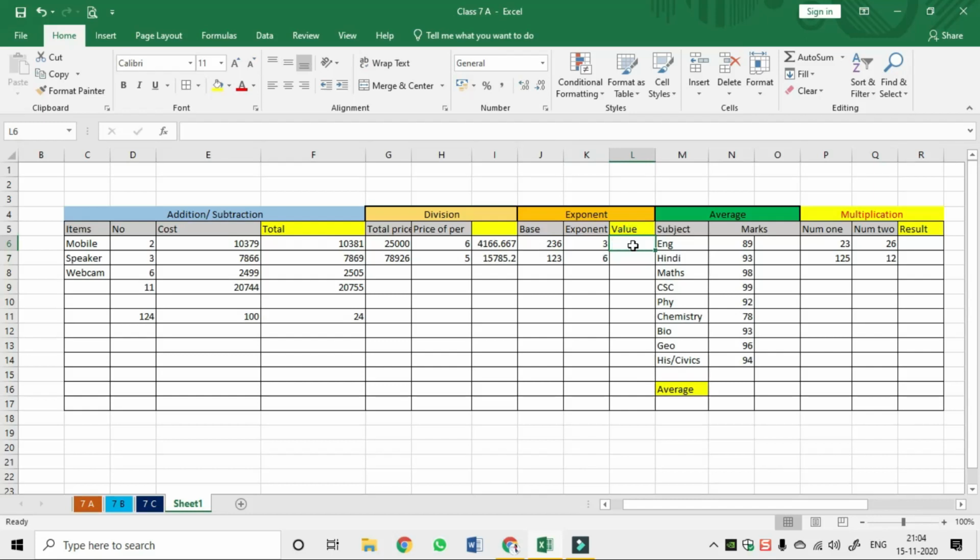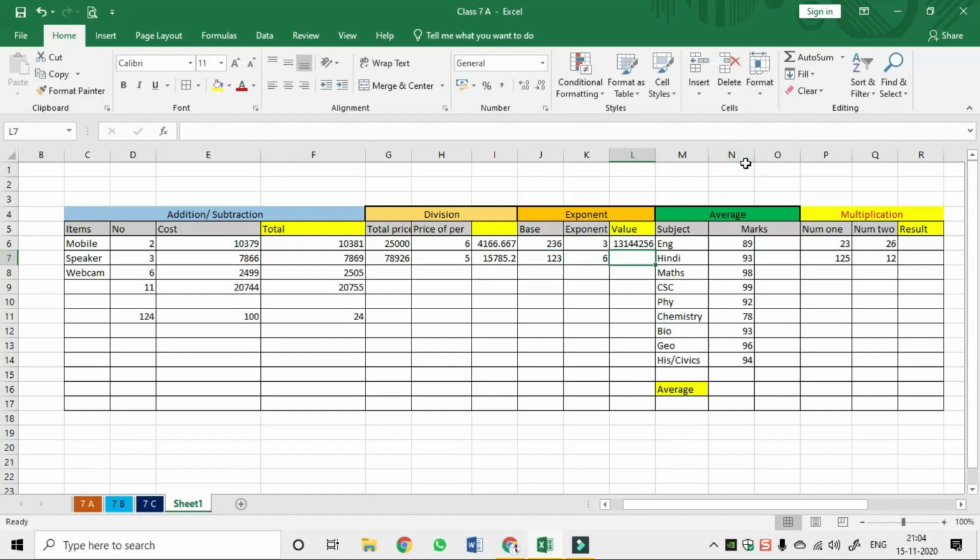As I told you, you have to enter the equal symbol, select the first number, then on your keyboard press Shift, and above the alphabetic letters you can find the row of numbers. Just press the 6 button. It is the power, that is the power of the exponent. Next, you have to enter the exponent value. Click here, and after that hit enter, and it will give the answer.